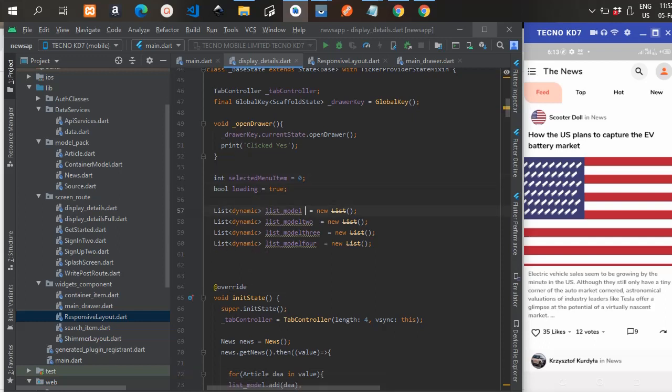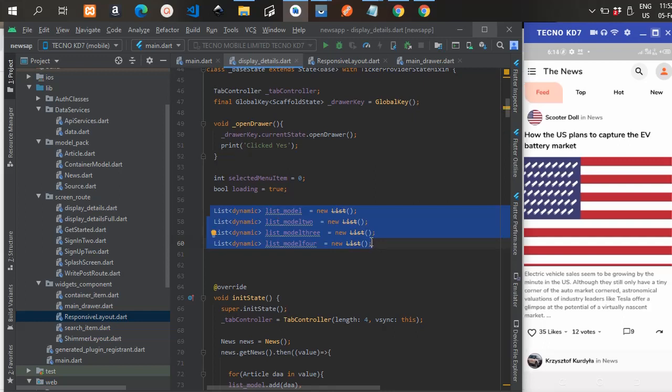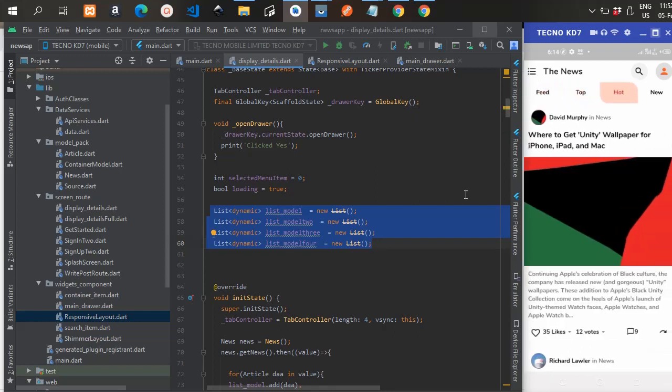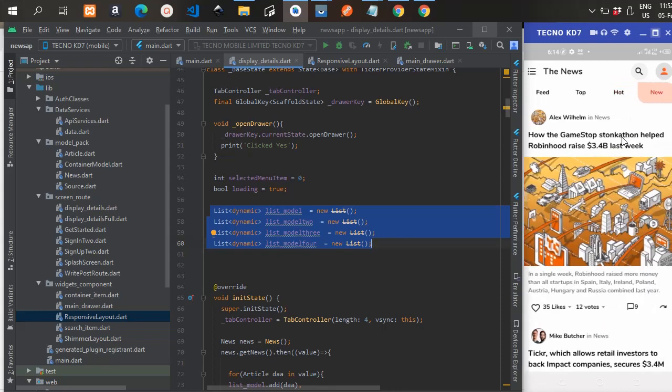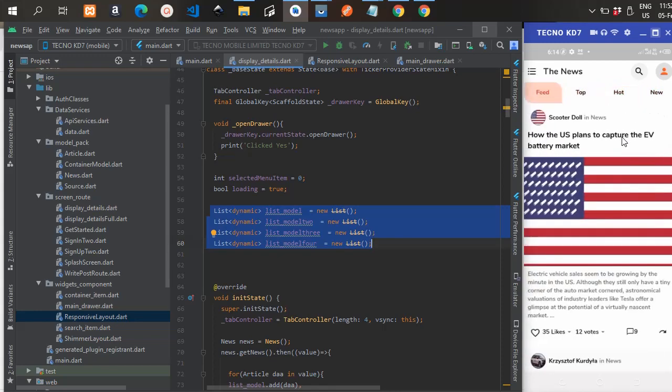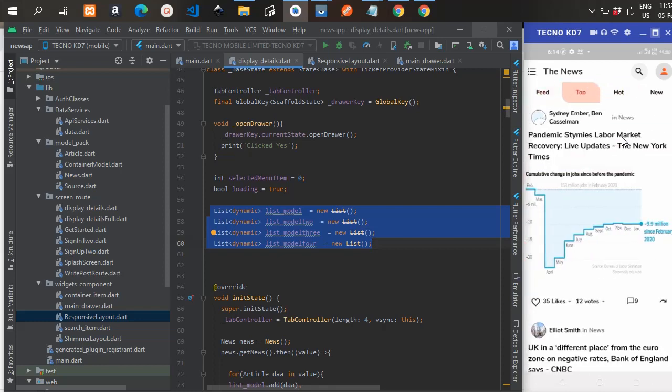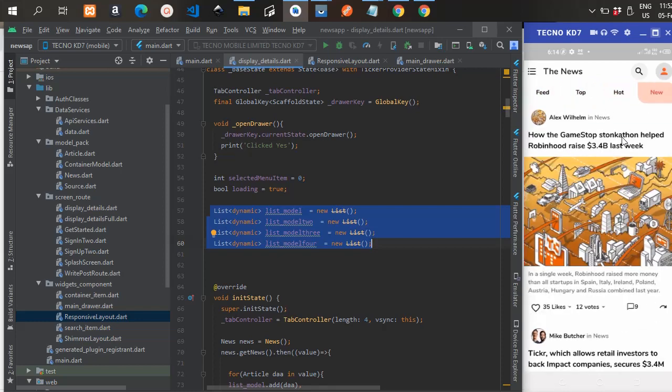So going down, we have list views, we have building. Actually, there are 1, 2, 3, 4 list views here. So these 4 list views contain the articles for the different screens. You see them on the 4 tabs. So we have 4 list items, 1 list for each screen. So you understand, that's how it works. So we have 4 list items: list model 1, list model 2, list model 3, and we also have a